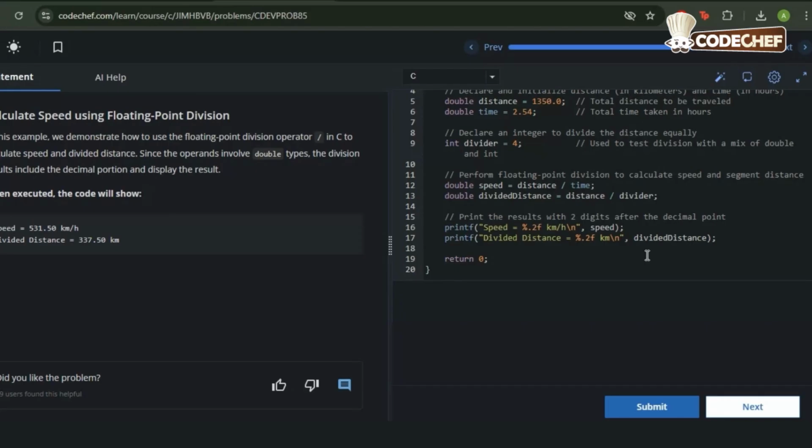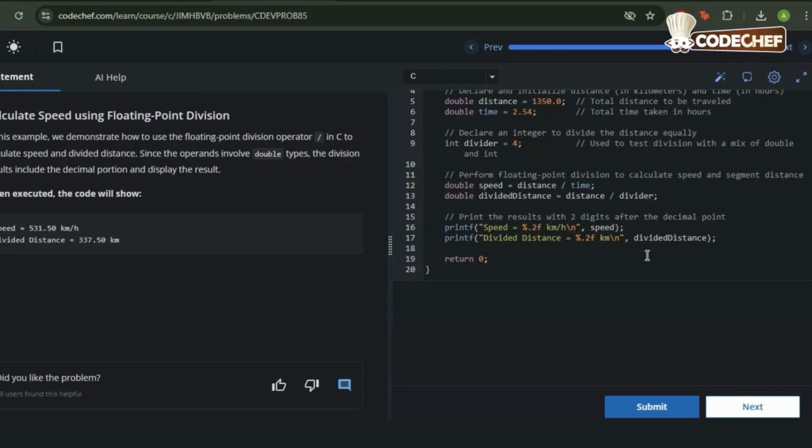531.50. So if we run the code, our output will show speed is equal to 531.50 kilometers per hour. Our next printf statement prints divided distance, which is divided distance is equal to %0.2f kilometers, the format string with 0.2f.